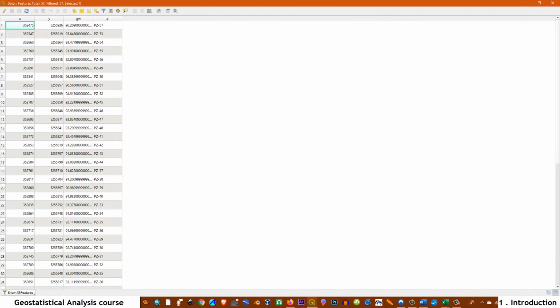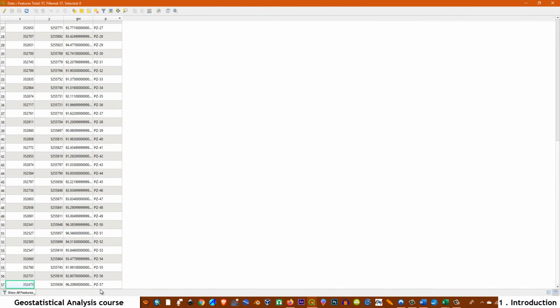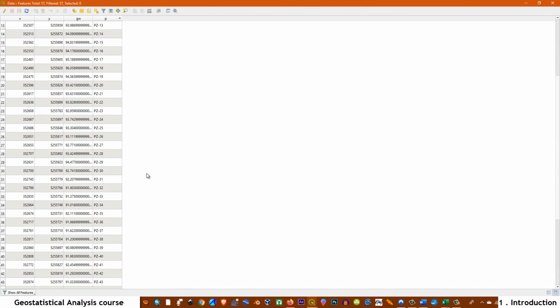Open attribute table. As you can see, we have the coordinates, UTM coordinates, X, Y, we have the groundwater elevation, and we have also the piezometers. Okay, we have in total 57 piezometers, and we can add some labels to see where they are located. And also for the groundwater elevation, we have a millimetric precision, because as you can see, we have 3 decimals here: millimeters, centimeters, decimeters, and meters. Okay,